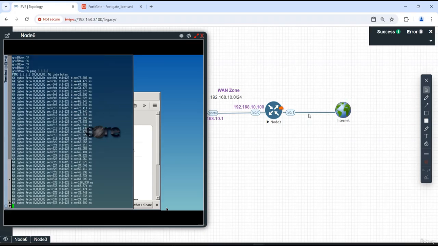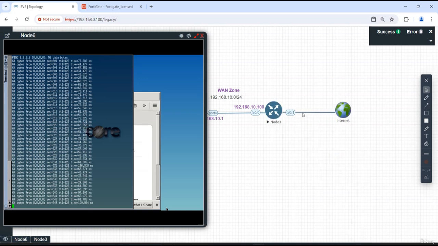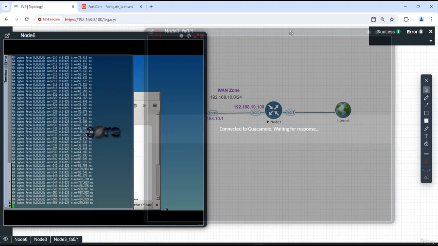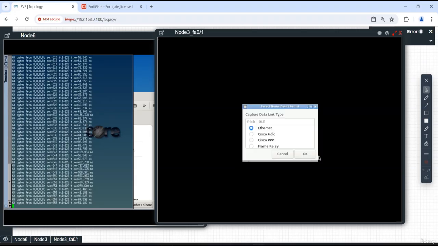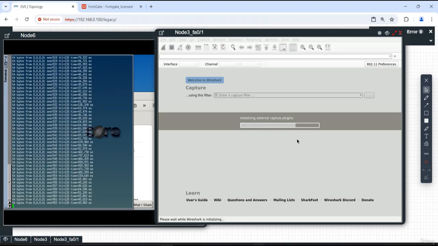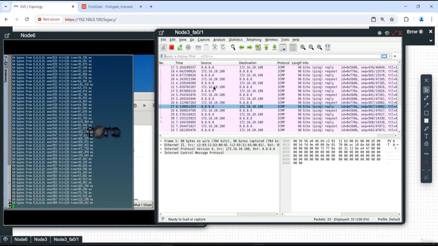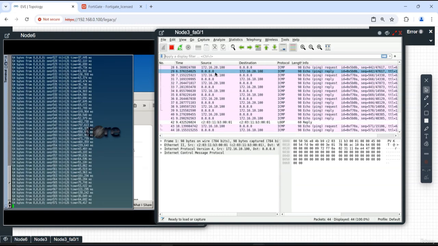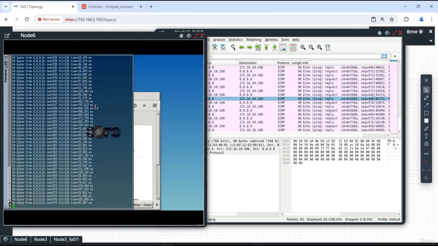Now, if you get the capture and check the same FastEthernet 0/1, we'll be seeing both the ICMP echo request and the response from the destination. It's loading now. All right. See, we see both request and response, 172.16.10.100 going to the destination. Maybe I'll just pause it, stop it, that's it. So if you see here,